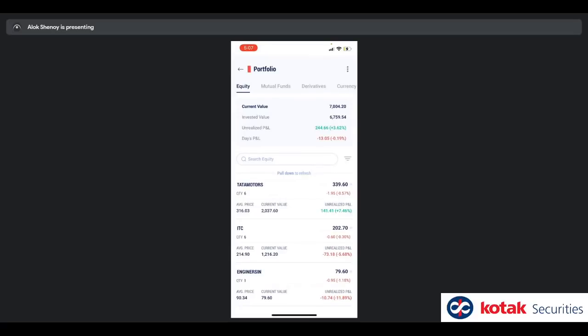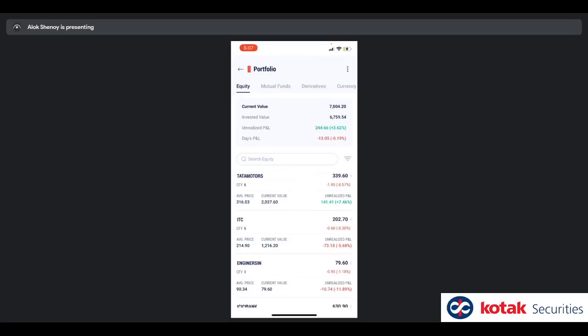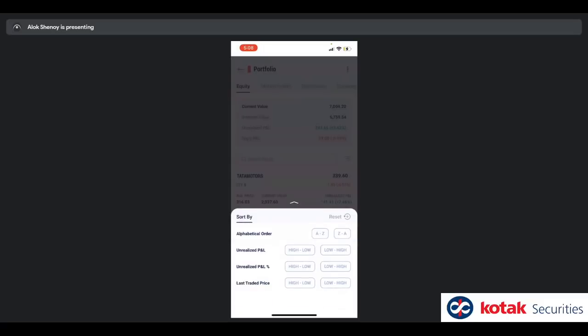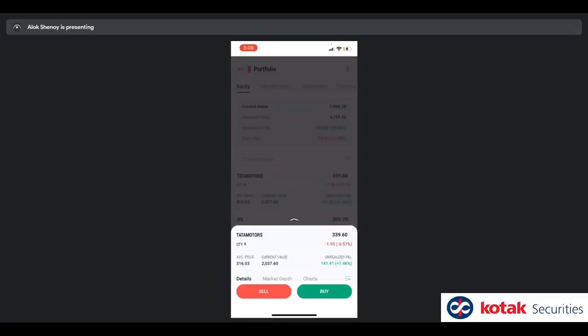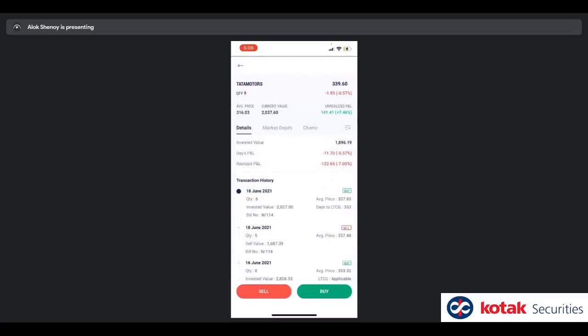You might notice during market that this number is not updating every tick. You can, in that case, just pull down and the number will refresh during market. If you leave it as is, it will update every 60 seconds, every minute. Now, if you want to search in your holdings for something, this is the search for that. On the right here, you have similar search, sort and filter options that you have on watch list.